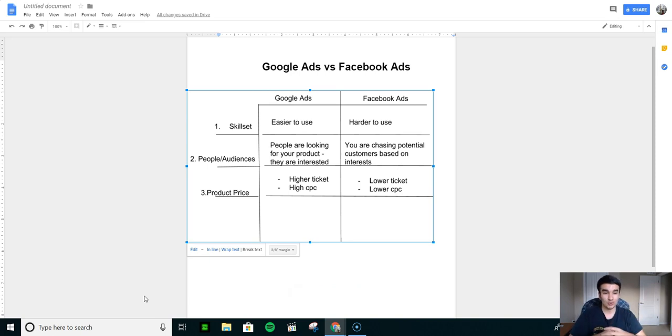So let me give you an example. If there are 10,000 searches for that specific product that you're selling, but only let's say 10% converts. 10% is pretty high, but let's say 10% converts. That's 1,000 buyers, right? 1,000 customers. But if you think about it, if that's like a $50 product, it's not much revenue. But imagine if you're scaling that product on Facebook, you can literally use lookalike audiences and many different types of interests to reach millions of people and millions of potential customers.